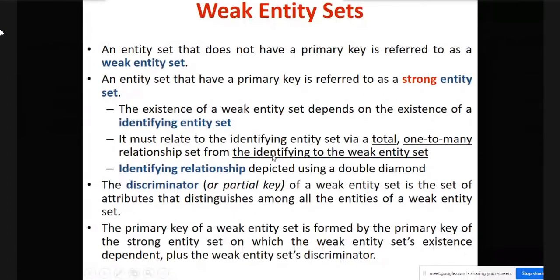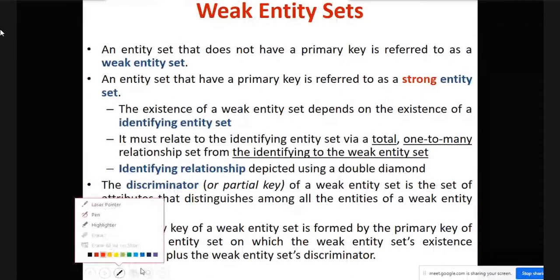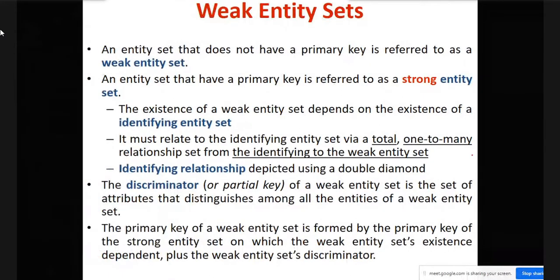This question was also asked for a short note, or you can say 5 marks: types of entity set with example. So you have to write both the types, strong and weak entity set. An entity set that has a primary key is a strong entity set, and the entity set which does not have the primary key is known as a weak entity set, right? So this is the definition between those two. Now, what about the weak entity set? How are they represented in the ER diagram? How will they identify the entities present inside them? That is a big question.